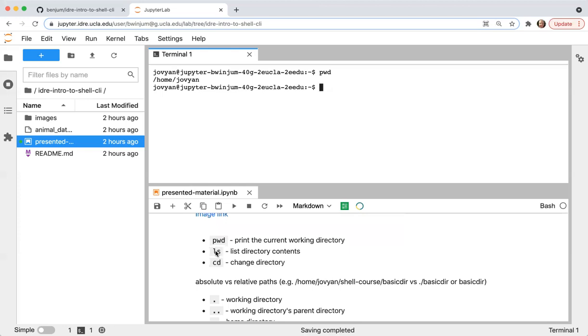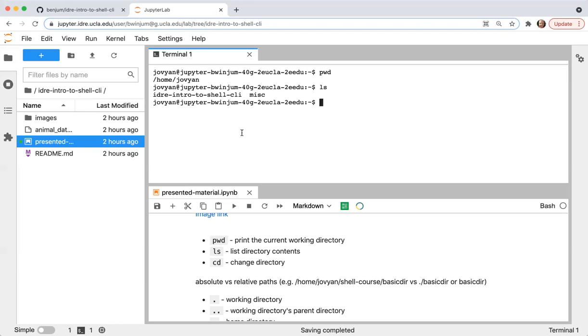I have ls here. Ls will list the contents of whatever directory it is that you're currently in, your working directory. So if I type ls, you might not see this one because I'm on a different system than you are. Or, well, actually, if you're in Binder, just as an aside, you'll see the files that you have. But if you're accessing this through Jupyter Hub, you'll see the particular folder that we've cloned into this environment.